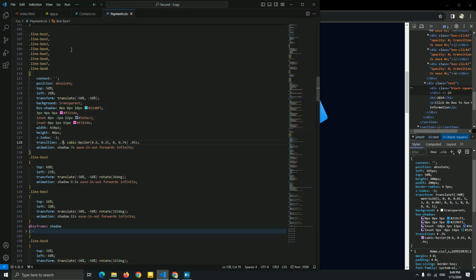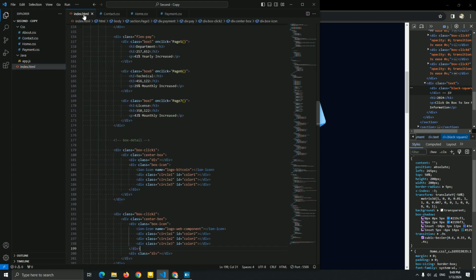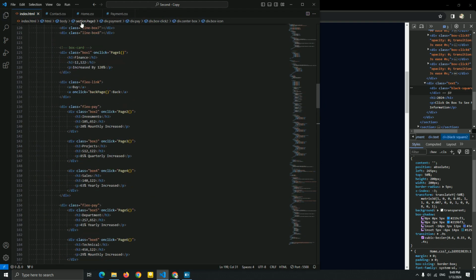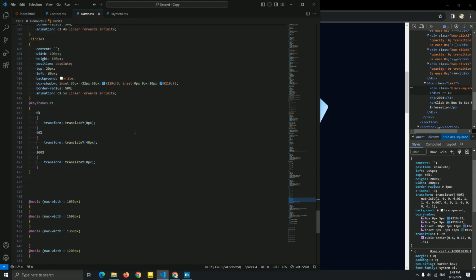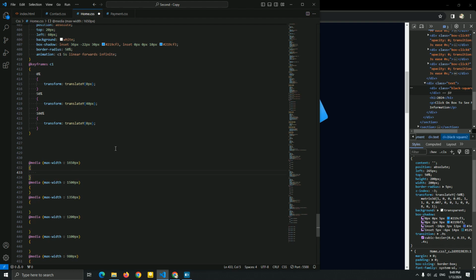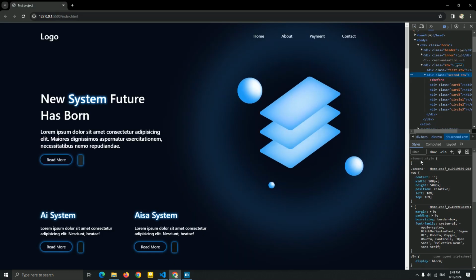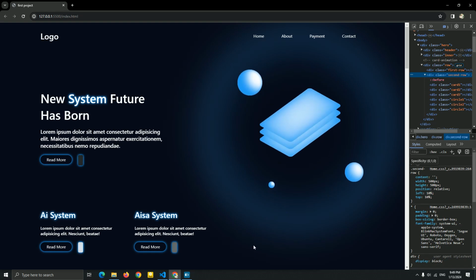Okay, I start with home.css of this media. I'm going to delete this. Now for this home.css, I'm going to start with this. So this is our second row. I'm going to add a scale to resize it.